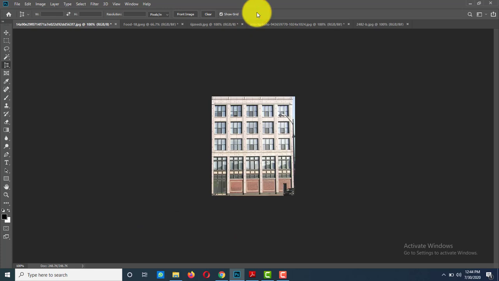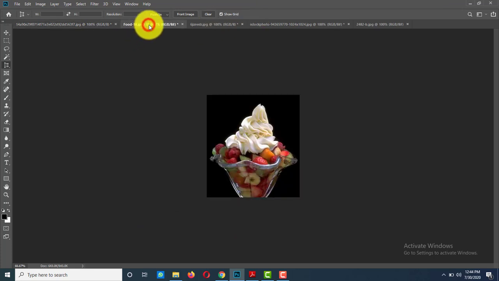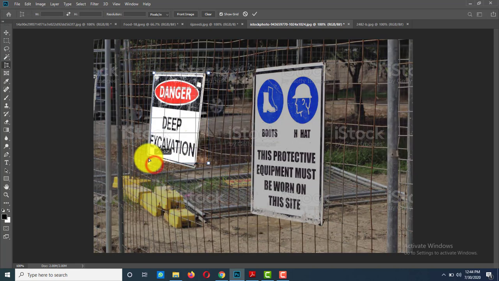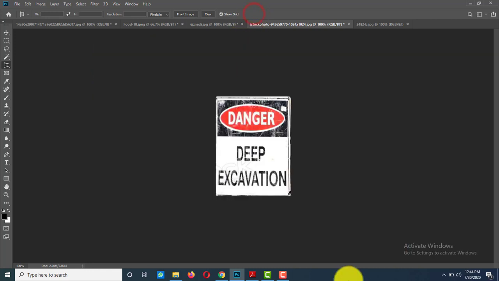This is the use of the perspective crop tool. We will see one more example.